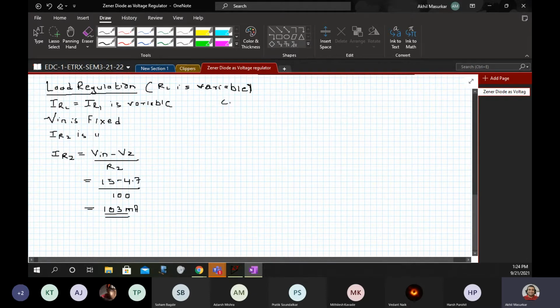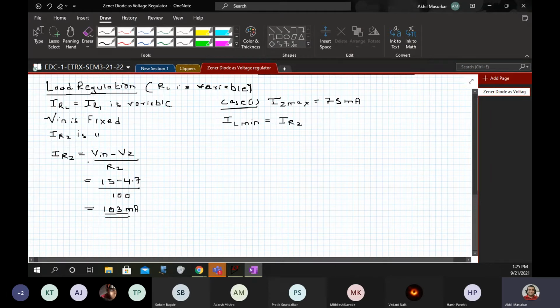Again here I'll write case 1, that is at maximum Zener. That means Iz max is 75 milliampere. Now we want to know what is IL min. So IL min is going to be IR2.